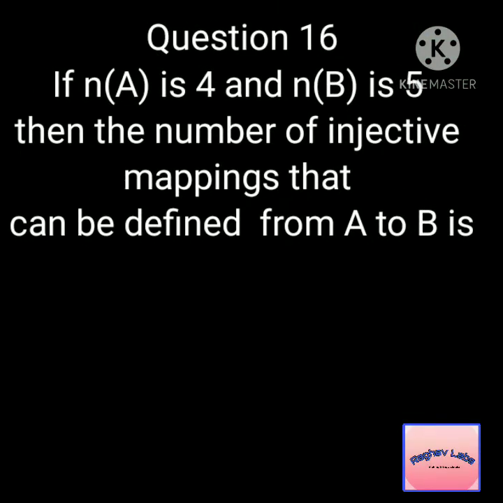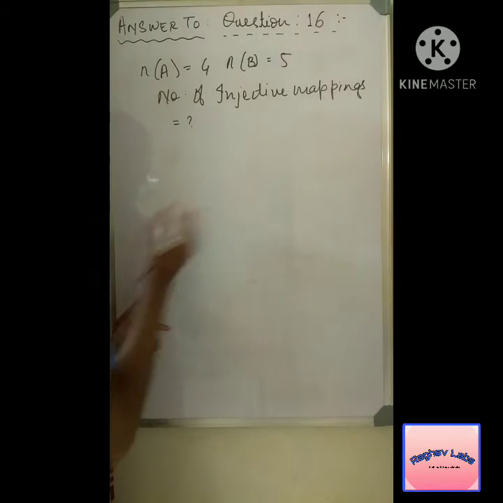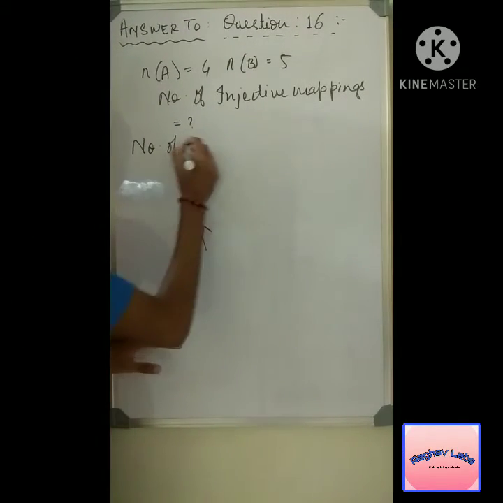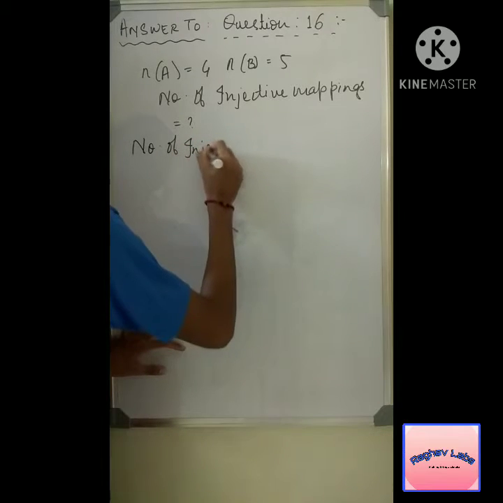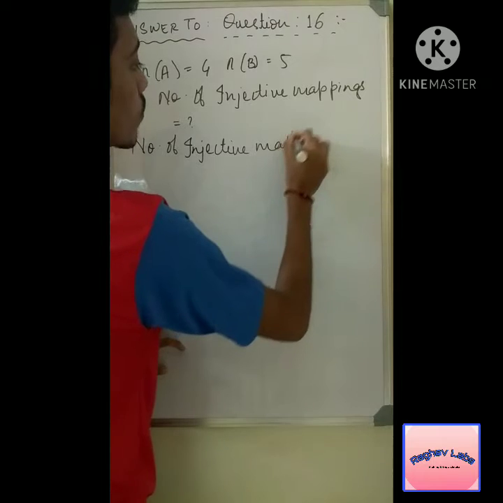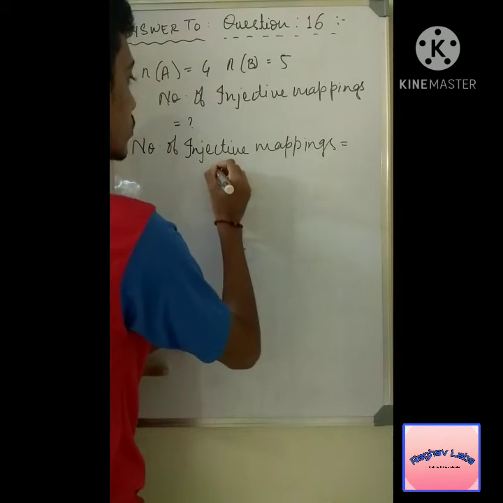If n of A is 4 and n of B is 5, the number of injective mappings that can be defined from A to B is, the options are given as follows. So n of A is equal to 4 and n of B is equal to 5. So we should find the number of injective mappings. The number of injective mappings is equal to